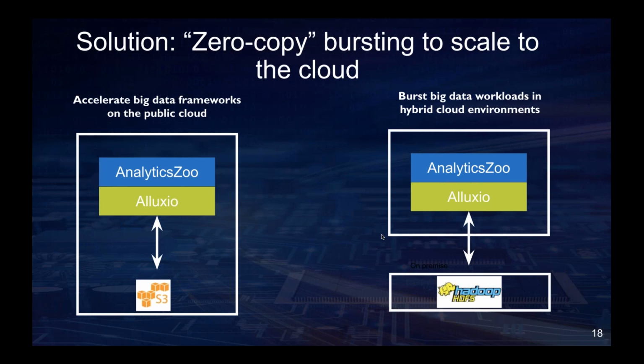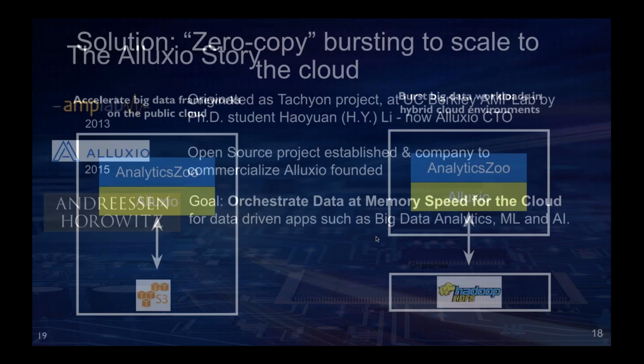The other scenario, for bigger and more established enterprises, is they're looking for a solution to burst their data into the cloud, but the data is stored in HDFS. As I show on the right-hand side, they keep the data in HDFS in the on-premise data center, but burst the data into the cloud running, for example, Analytics Zoo. So this is basically what we're proposing here.